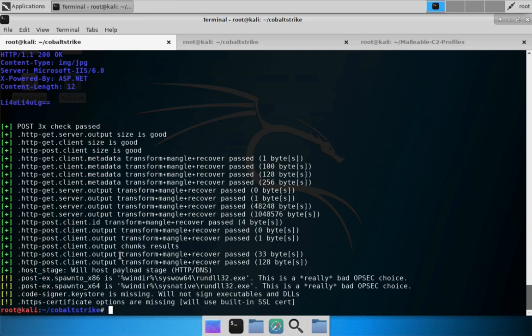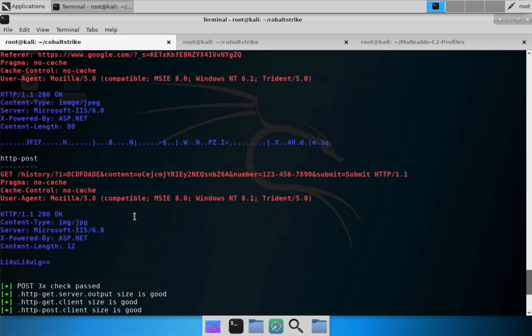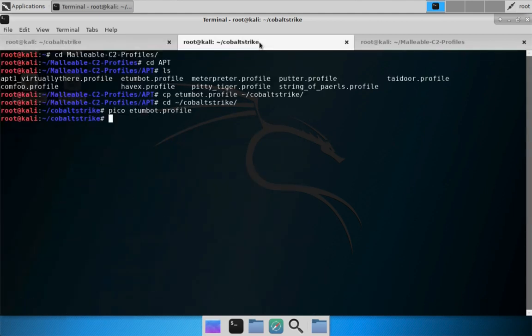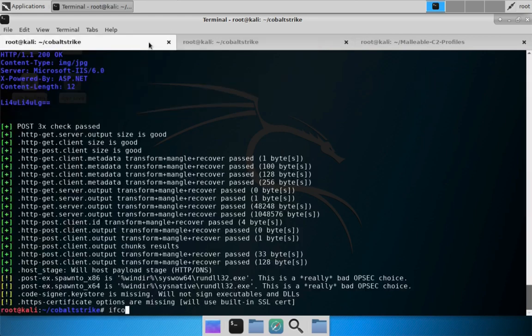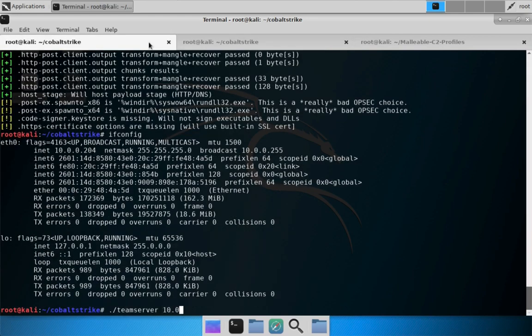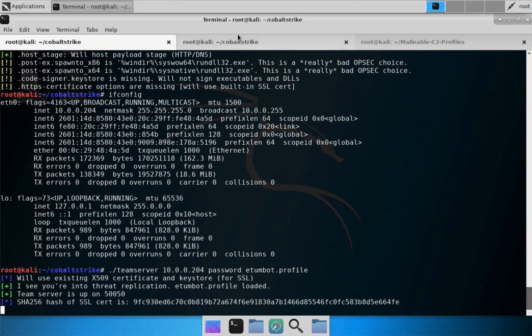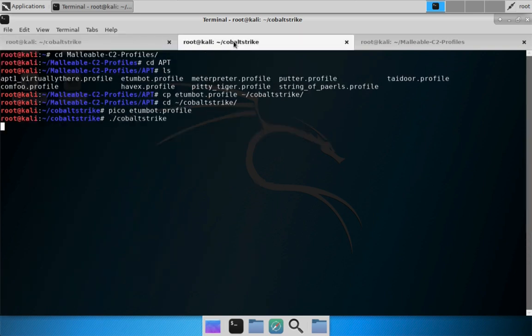Let's try this out and take a look at some of this traffic in Wireshark. So first, I'm going to start a team server. Actually, we'll do it right here. So starting up a team server, password, eTombot.profile. We'll start up our Cobalt Strike client, connect to localhost,